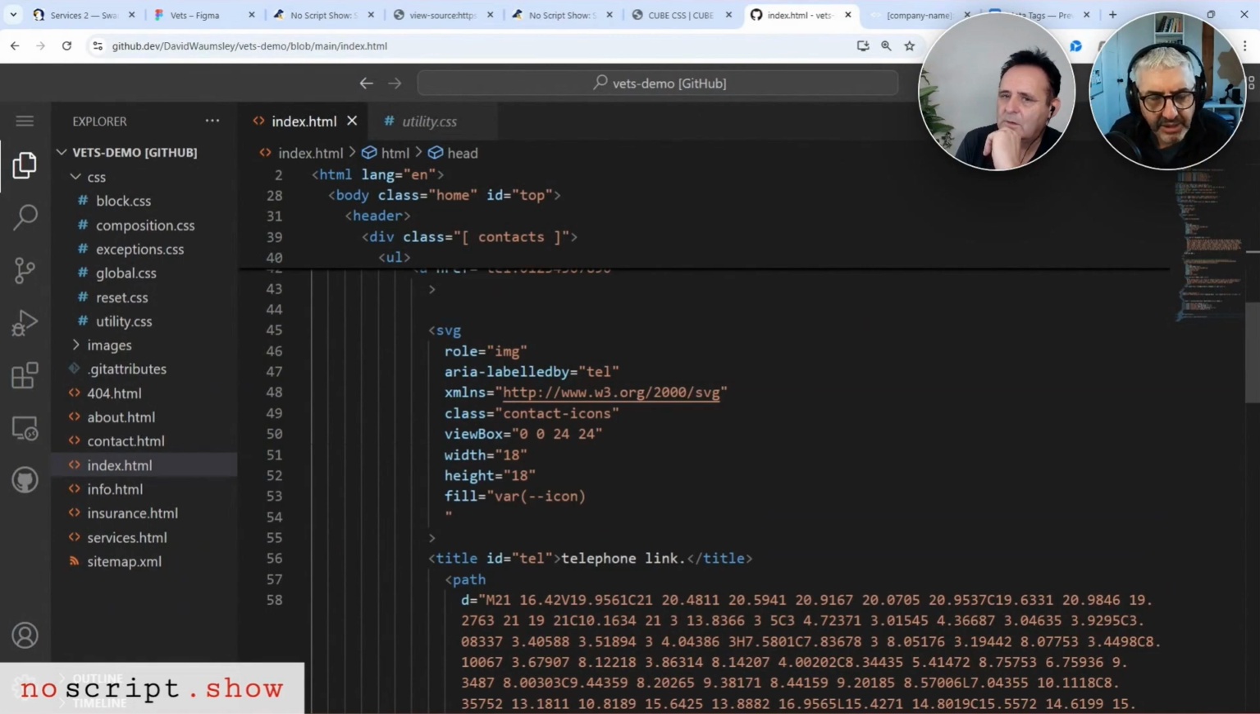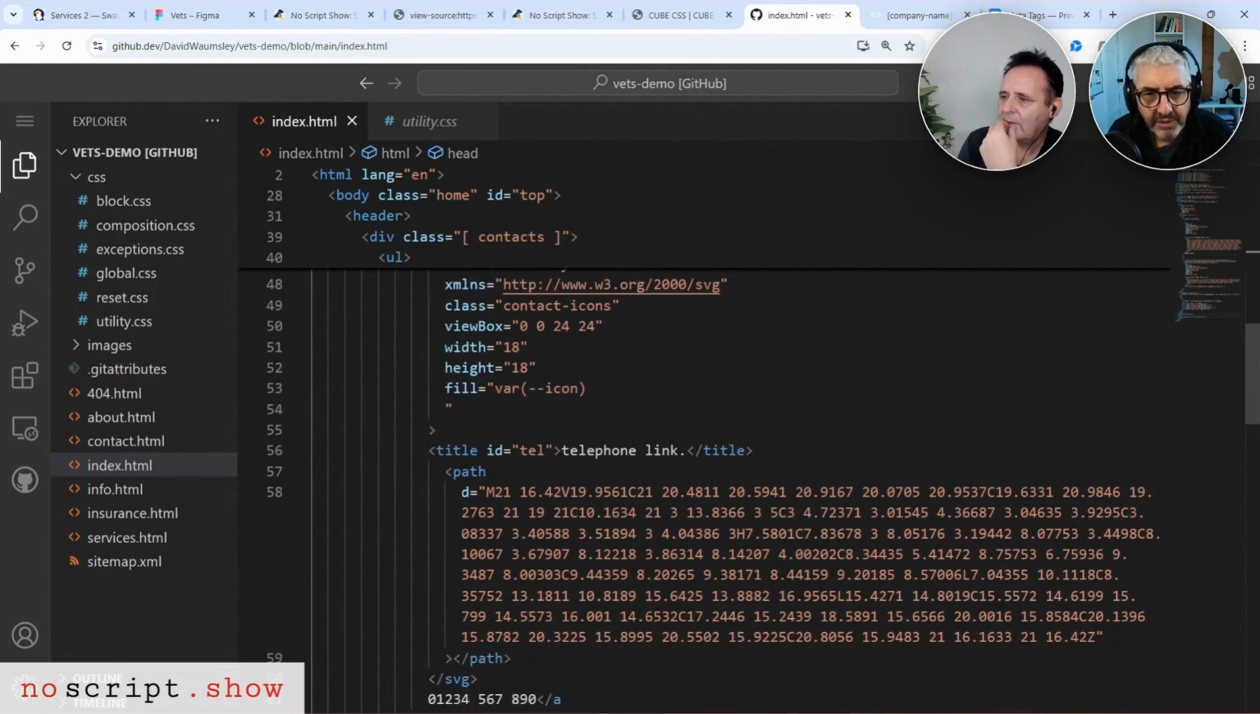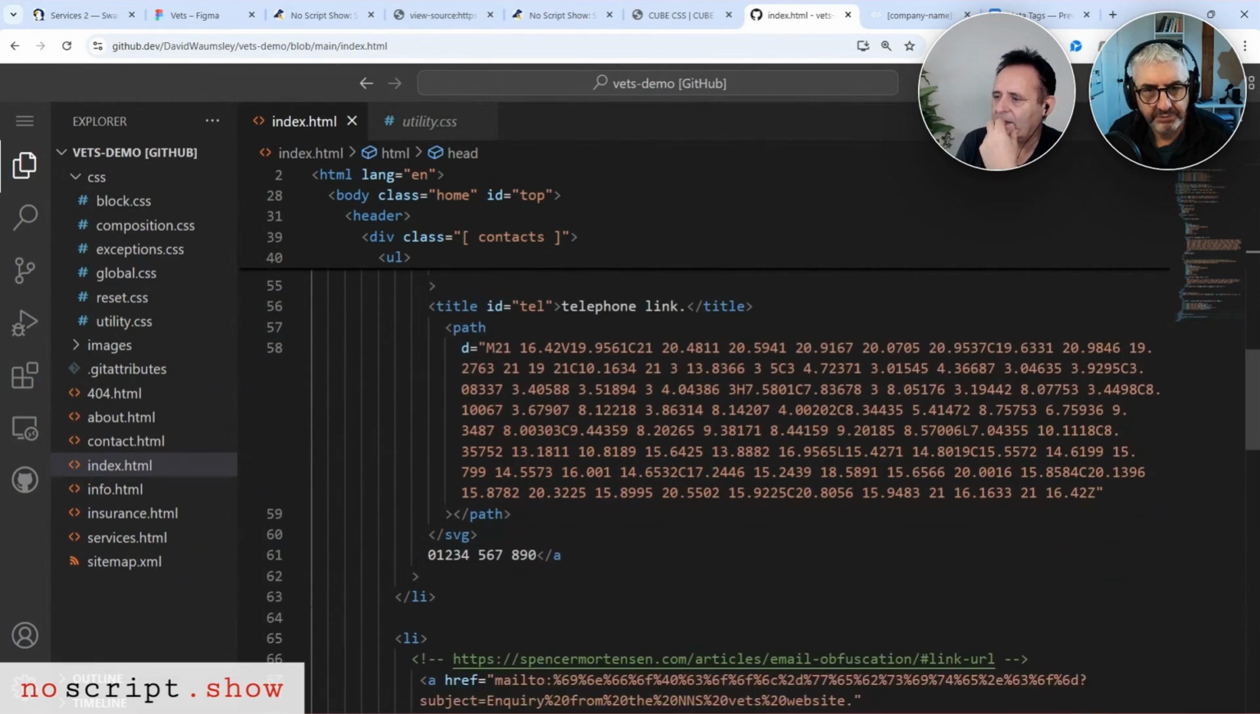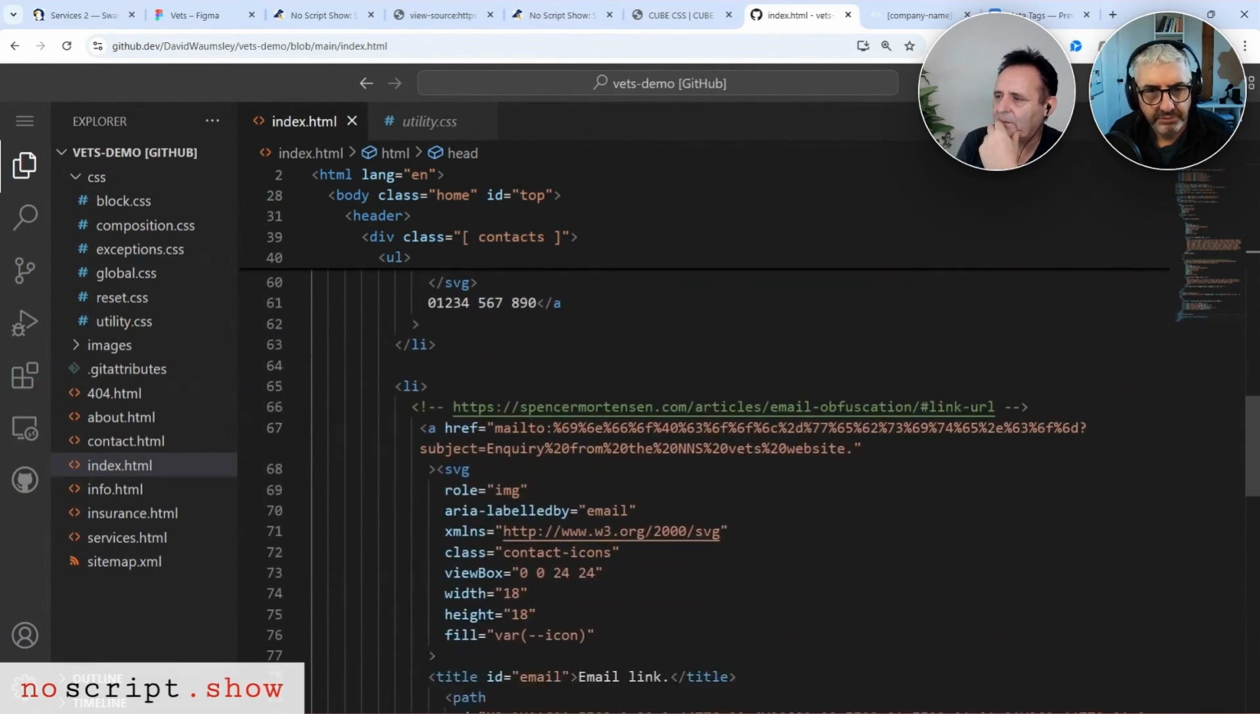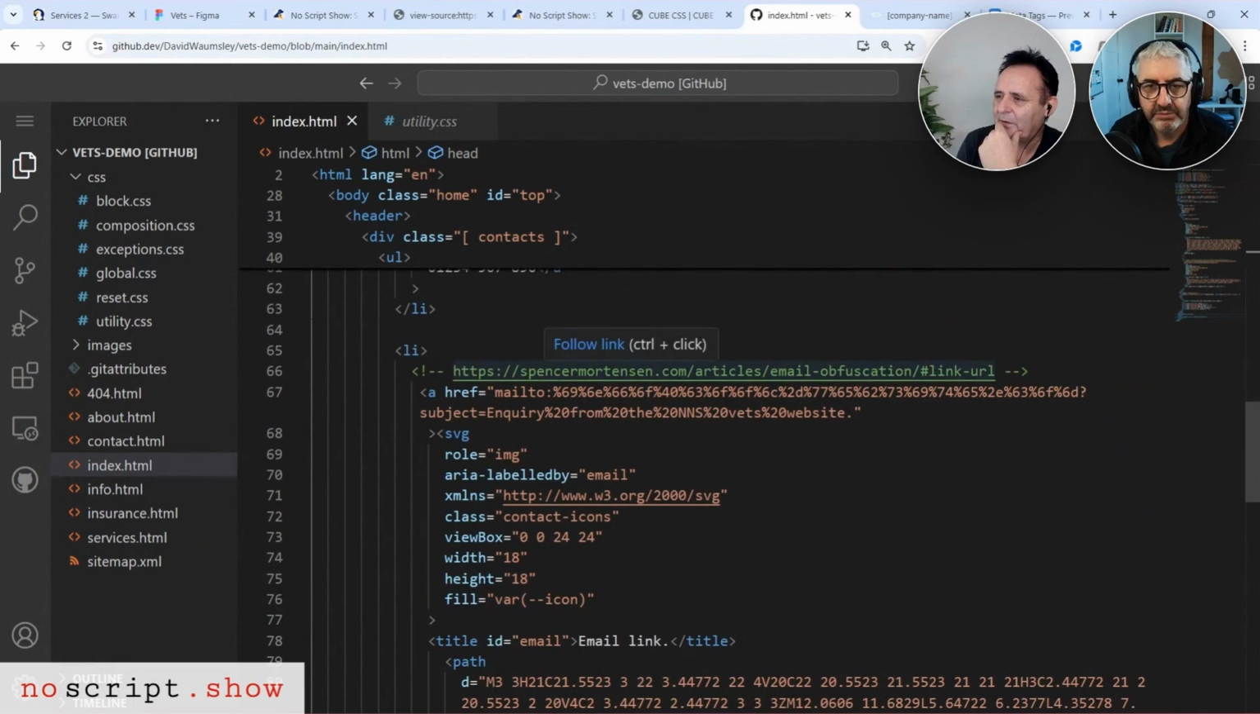So in this case, you put an area labeled by, and then you can put that to an ID of that, and so it reads out to the screen reader, telephone link, because it's a clickable link. And it is worth mentioning as well, because this will confuse anybody, but I have put the article over here